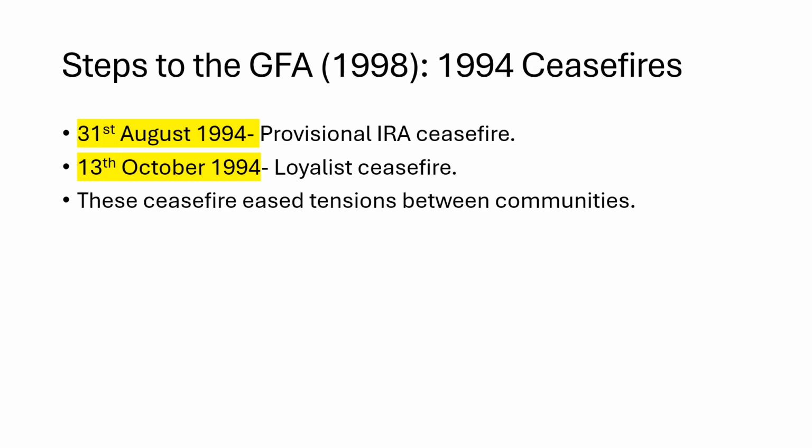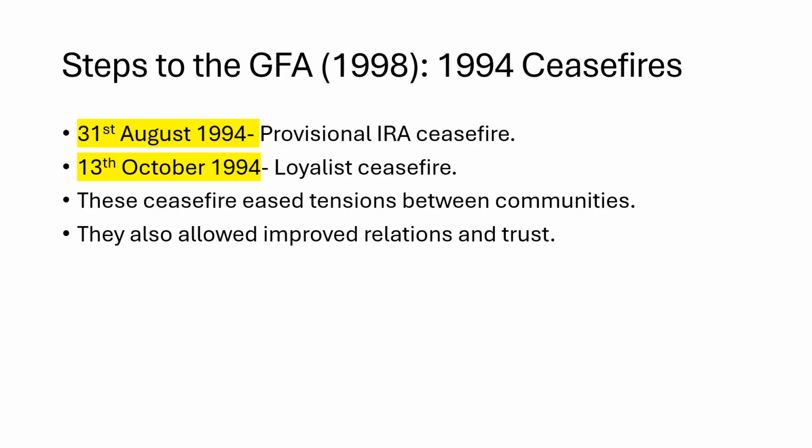It makes it easier to actually reach agreement, because there's a sense here loyalists can trust nationalists because the IRA has taken a step back. Nationalists can trust loyalists because they've signalled their intent for peace by having their paramilitary stepping back. So it does ease the tensions, which makes it more likely.